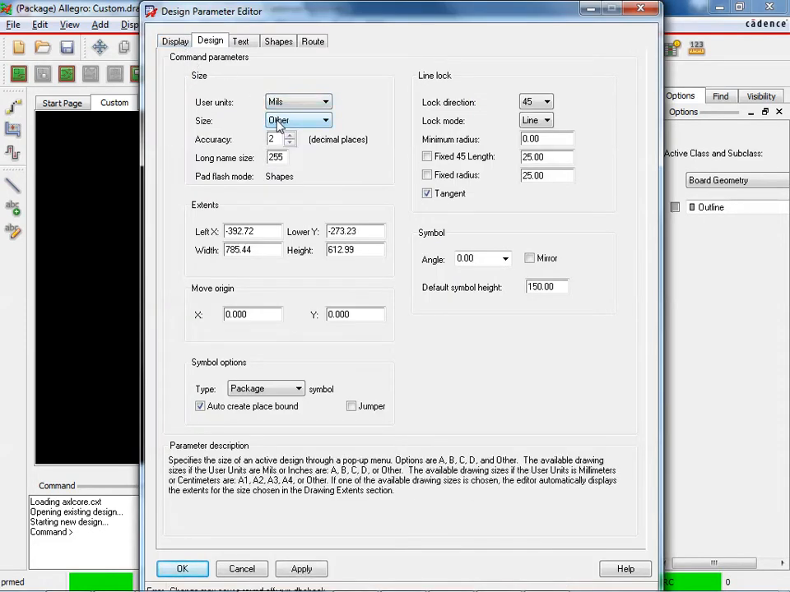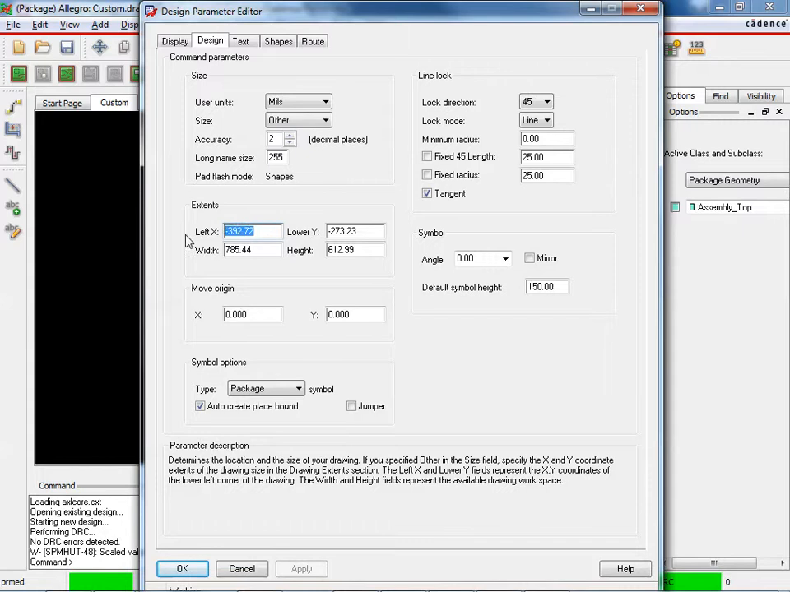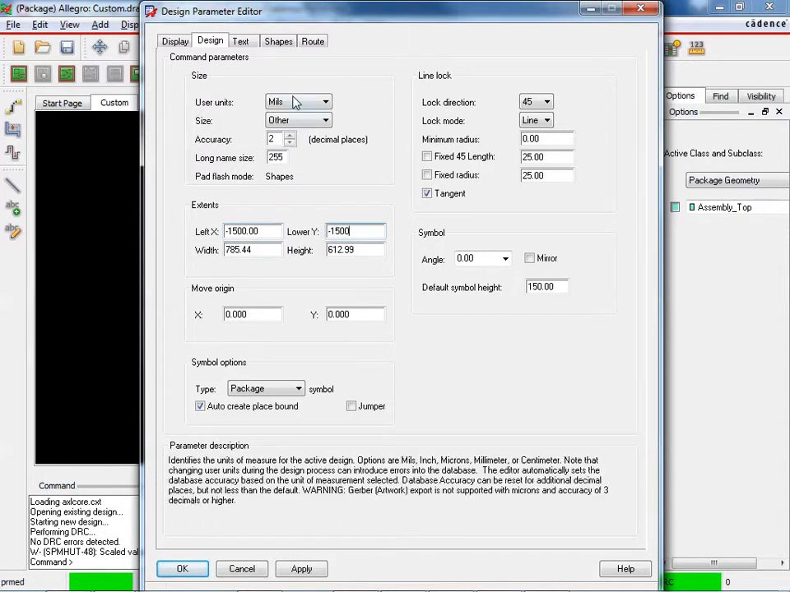and the one I want to do is I want to change this back to mils, and then I'm going to click apply to make sure it's changed back to mils. This is setting up the window. This is under design. Yours might already be on mils,